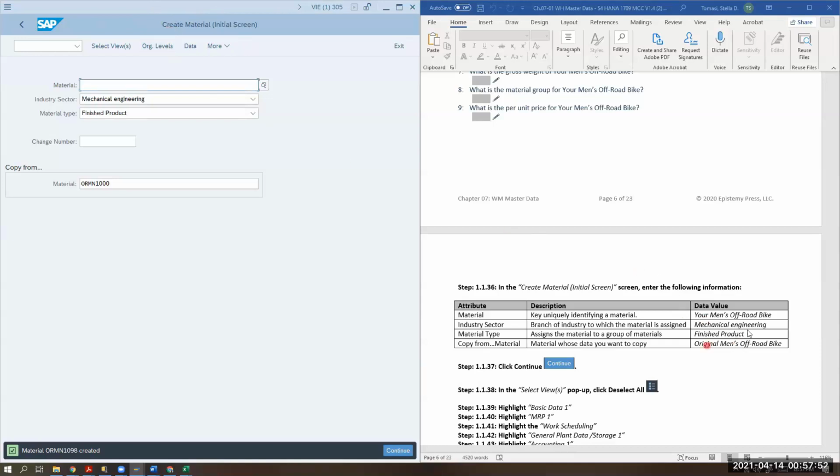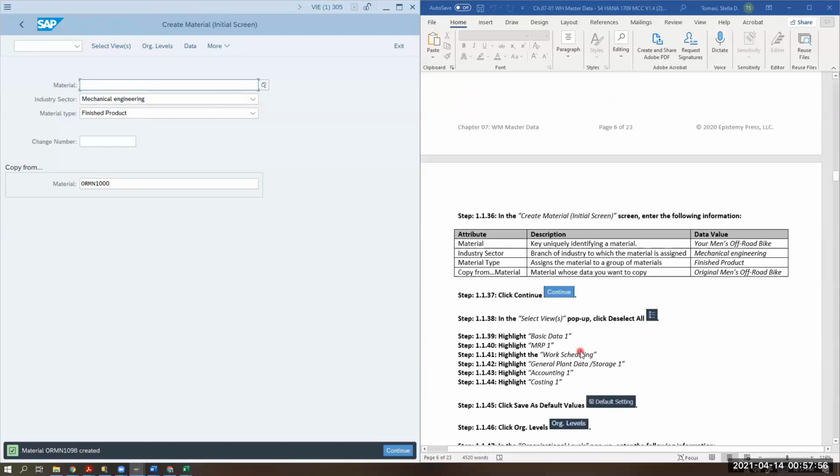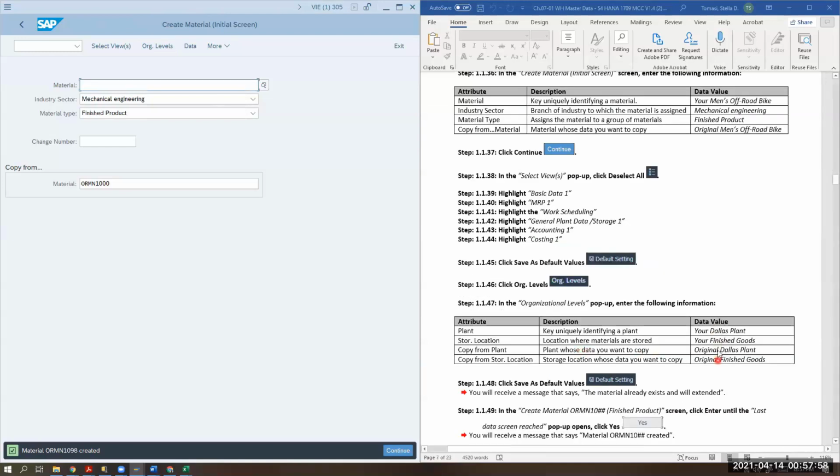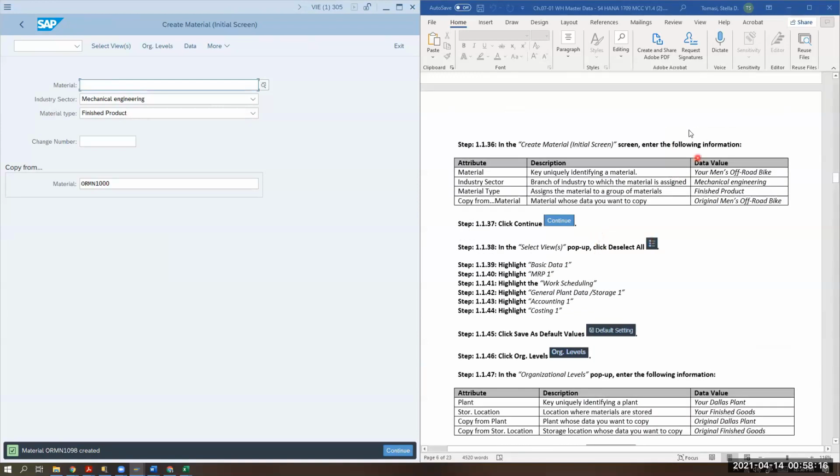So now what we're doing is we're going to create the men's bike again, but you can see we're doing it for Dallas. So that's where we produce the bike. And that's why the views that we need now are going to be MRP and work scheduling and costing, right? We need the storage one because the storage one is where we're storing it from. Okay. So we're going to create the bike again,